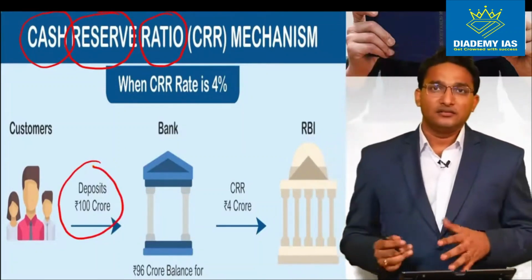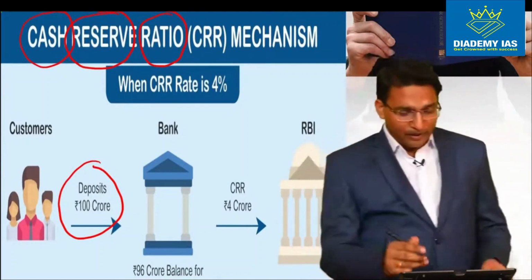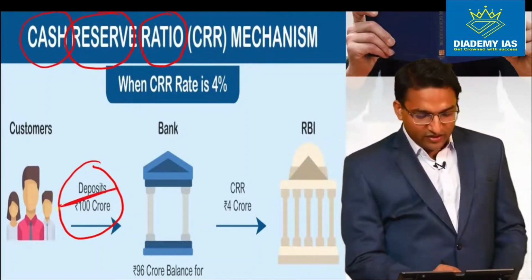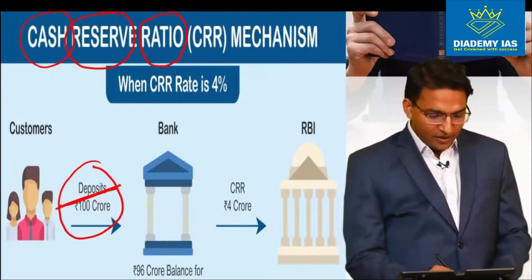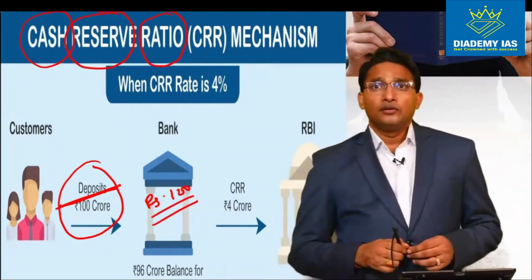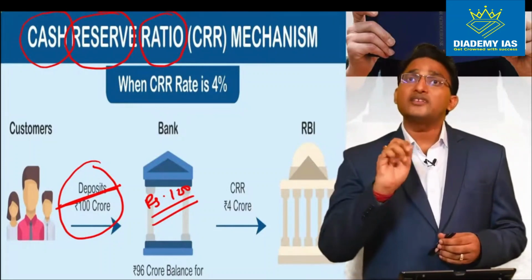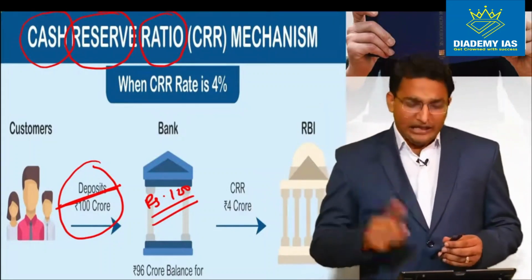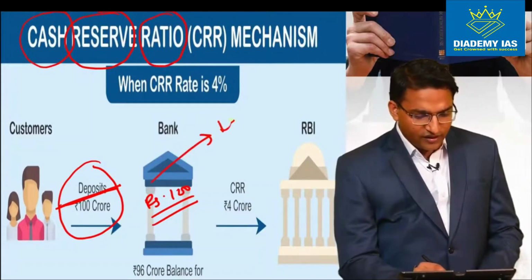So we have the central bank and we have the commercial banks. The commercial banks receive the money from the customers. For example, they received 100 crore rupees from the customer. So rupees 100 crore are lying with the bank. Now, what is the business of the bank? The business of the bank is to lend further. In case this 100 crore rupees is lent further,